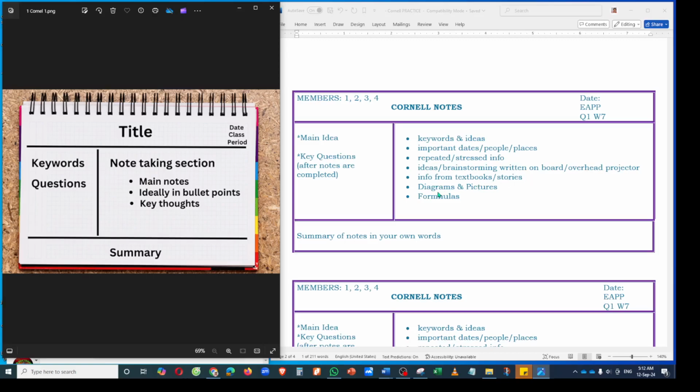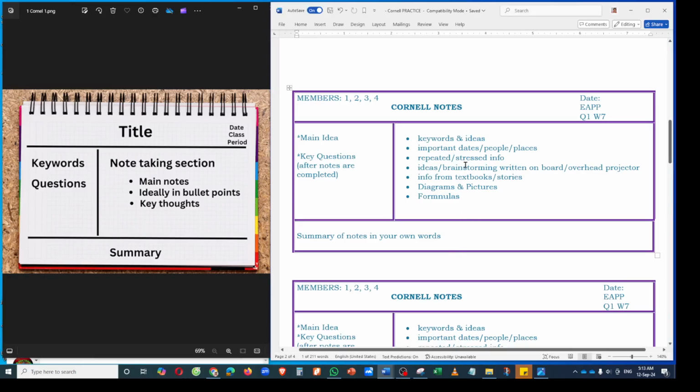From these resources, you'll get information like textbook content or stories. Now, you are not limited to text. You can also use diagrams and pictures. So, pwede mag-drawing, magsulat ng formula. It's not very restrictive. Ang notes ba, sinusulat na katulad nito, na text or typewritten? As much as possible, it should be written because it's your personalized information or understanding of the ideas presented in a lecture or something that you need to learn.